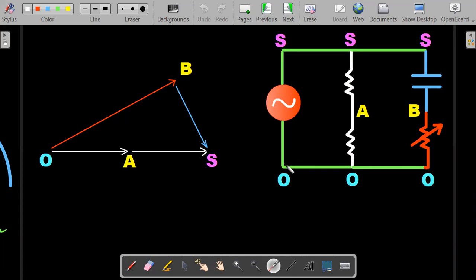So it's very simple. The value of OS phasor, which is the voltage across source, can be cut into two equal halves of OA and AS in phase with that particular thing. So current is along this direction and also the voltages are along this direction. Now coming to the OS here, remember the source voltage is also across the combination of the capacitor and this variable resistor.